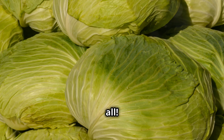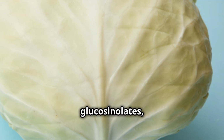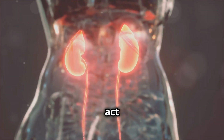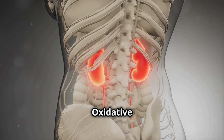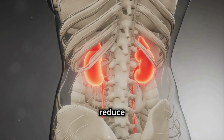But that's not all. Cabbage is also rich in sulfur-containing compounds such as glucosinolates, which have been shown to have protective effects on the kidneys. These compounds act as antioxidants, scavenging harmful free radicals and reducing oxidative stress in the kidneys. Oxidative stress is a major contributor to kidney damage, so anything you can do to reduce it is a win